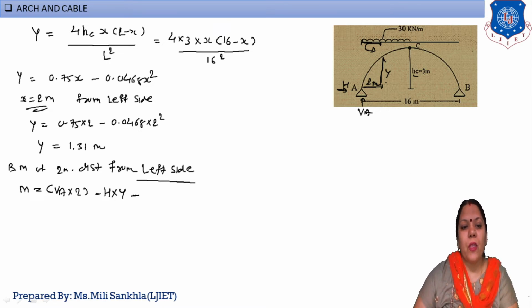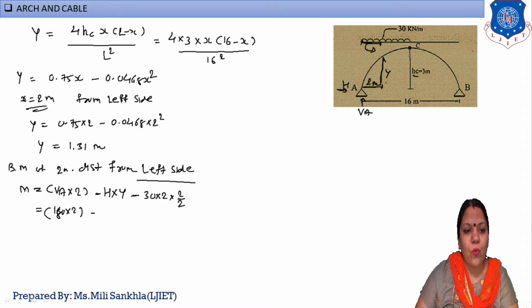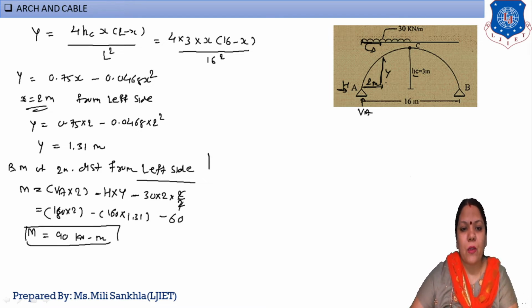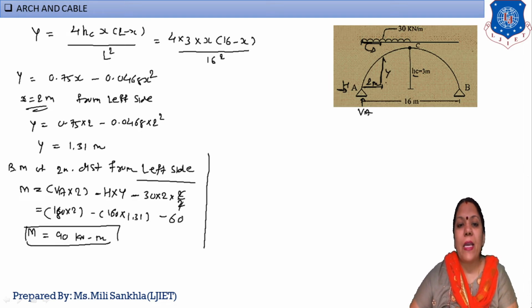Okay, so 30 into 2 into 2 by 2. Now one by one put the value. We find out 180 into 2, then 160. Value of this y is equal to 1.31. We have cut, and 30 to the 60, and my answer of this M is equal to 90 kilonewton meter. Okay, now next, here y is given